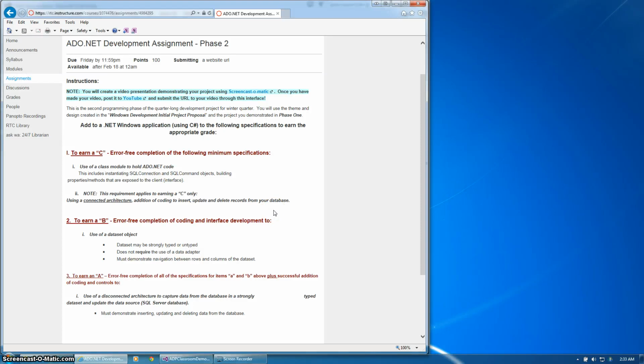It's Robert again and I will be doing another demo today for my Phase 2 project for the winter 2015 ADO.NET development class I'm taking at Warrington Technical College. Here are the requirements for the assignment, and I will be demonstrating each part of the rubric as we go